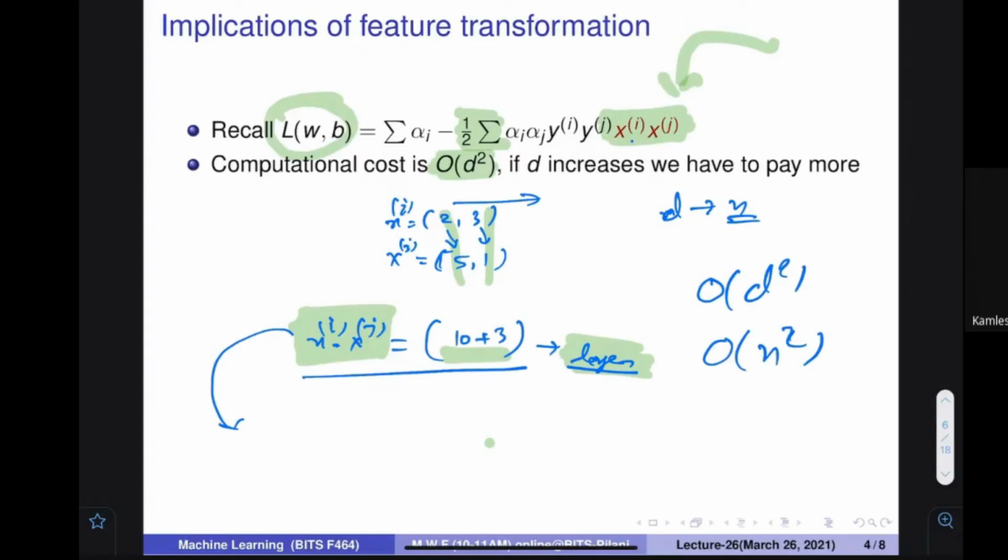And how come it is d square? It should be d, no? Because data is d-dimensional, then you have to multiply this. I think square is wrong here. It should be order of d. You have to spend order of d time, on the d things over here. Make sense?